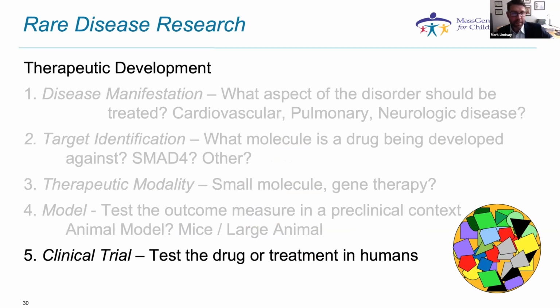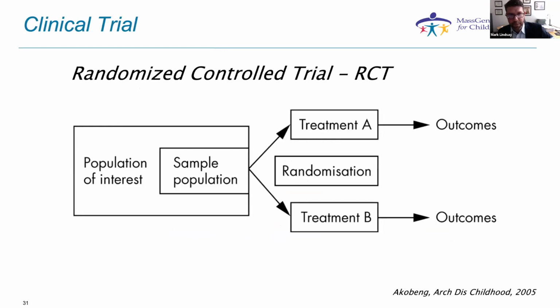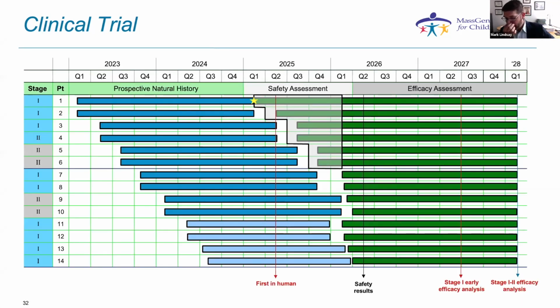And then, if we have a medicine, how do we test it? The general way we test medicines is through what we call a randomized clinical trial, and it's certainly the best way, because at the end of it there's no question about whether it worked or not, because you're literally randomizing. So there are no outstanding variables that aren't controlled for. But you have to have a lot of people to do randomized trials, and Myhre syndrome and other ultra rare disorders are not conditions that we can randomize. So we have to do things like